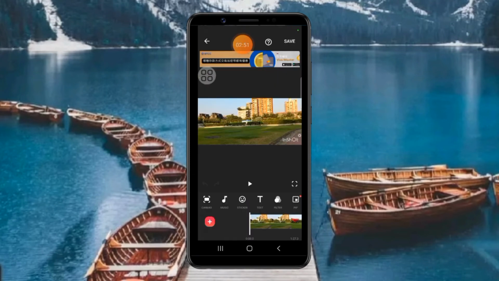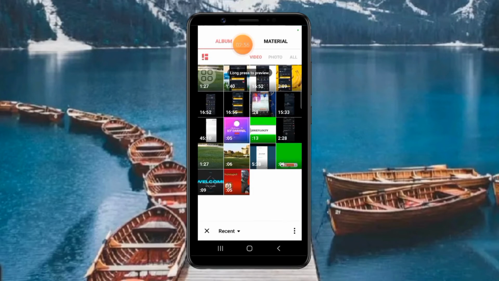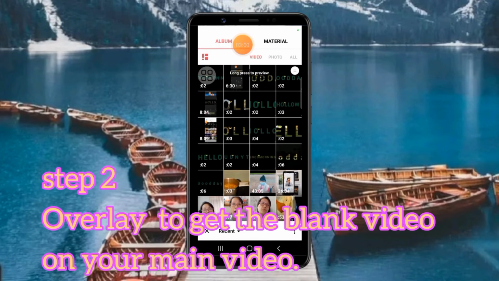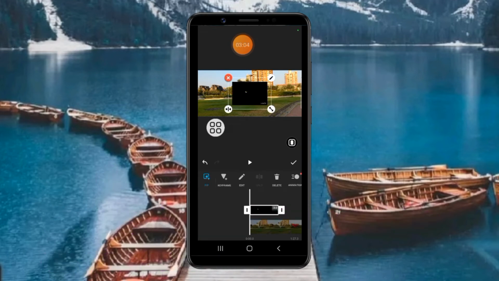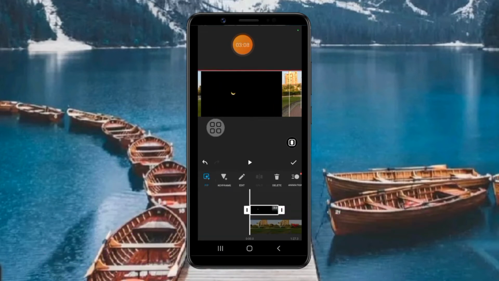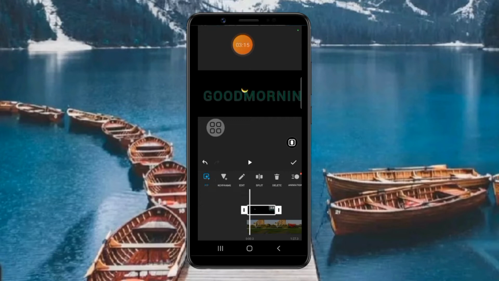Now next step, click the PIP, okay, and get the black video. This is good morning, and you can put the full screen like this. You can touch the screen and put like this, and we try to adjust,